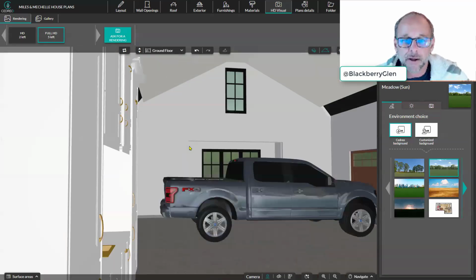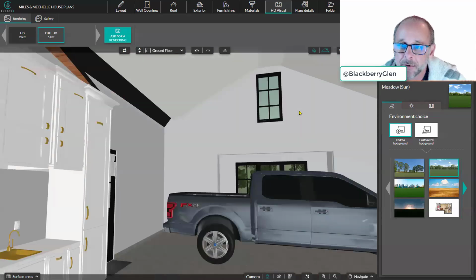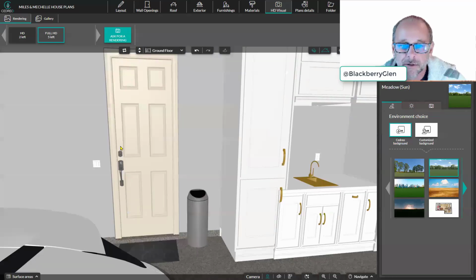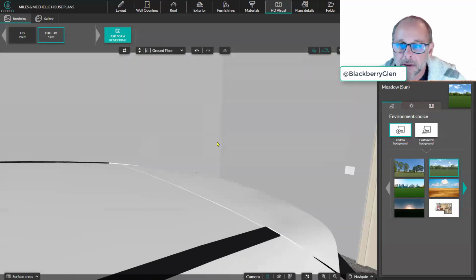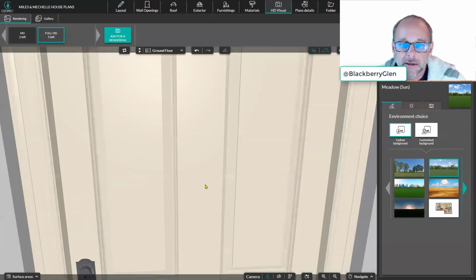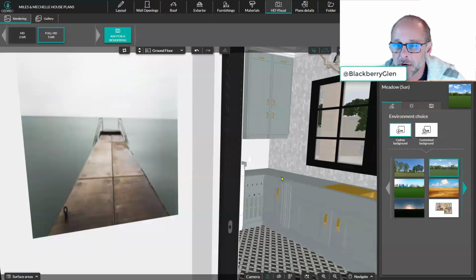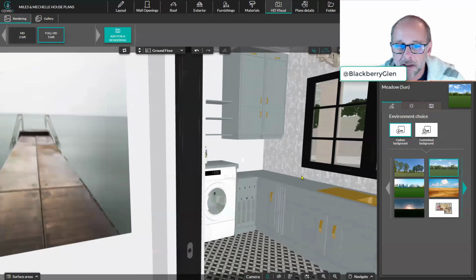How would you know that otherwise, right? I mean, unless, I suppose you could, but testing it out in the computer model, it's so much easier to see it. So again, being able to walk through the space, to me is a game changer, everything from the standpoint of your laundry room, etc. And it's fun,